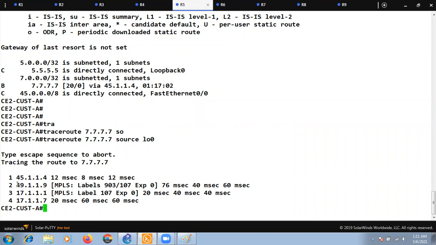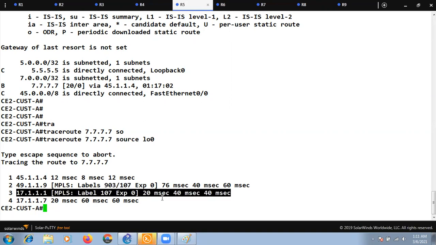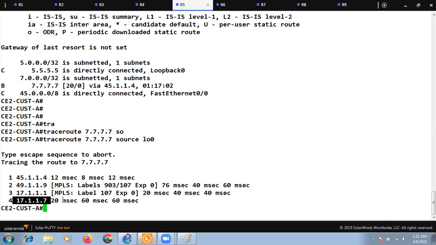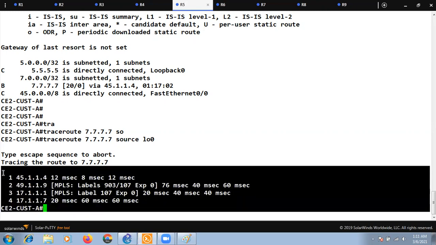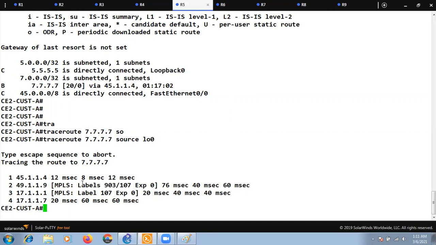So R9 received this information with two labels, the top label and the bottom label, or the VPN label. Then PE1 receives this information with one label only, 107. And finally, R7 received the information without any label. So this is very useful. This is how we can have a look at the trace and find out what exactly is happening.